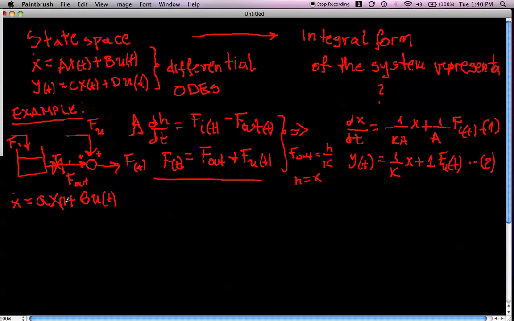I'm just claiming now that this is the equation that we are working with: u of t is f input of t. And in order to obtain the integral form, let us take this equation and multiply by e to the minus a of t. So I'm multiplying this equation, and we obtain e to the minus a of t x dot of t,